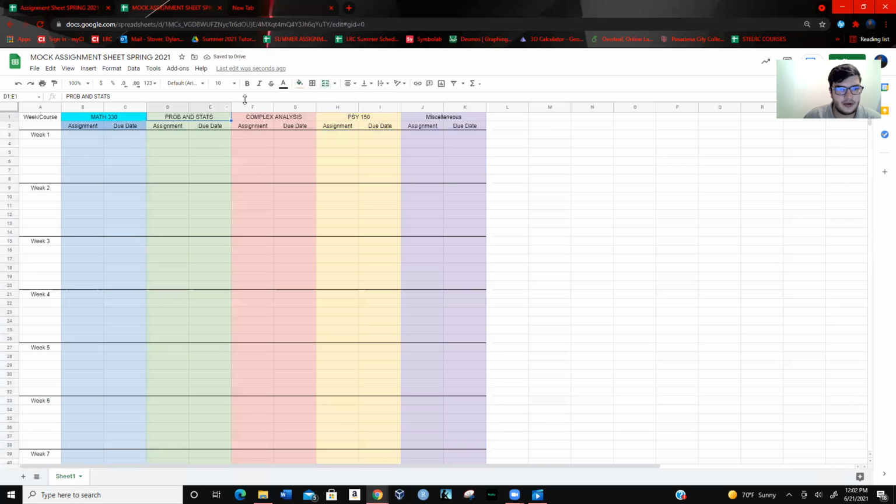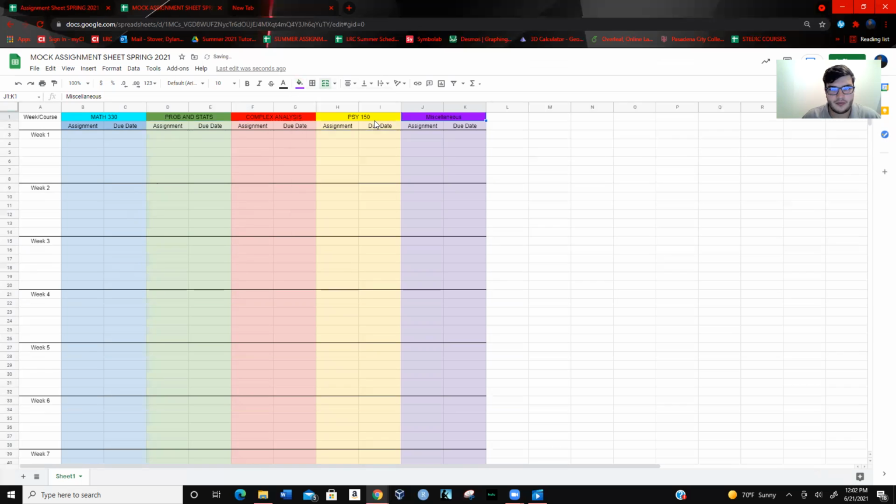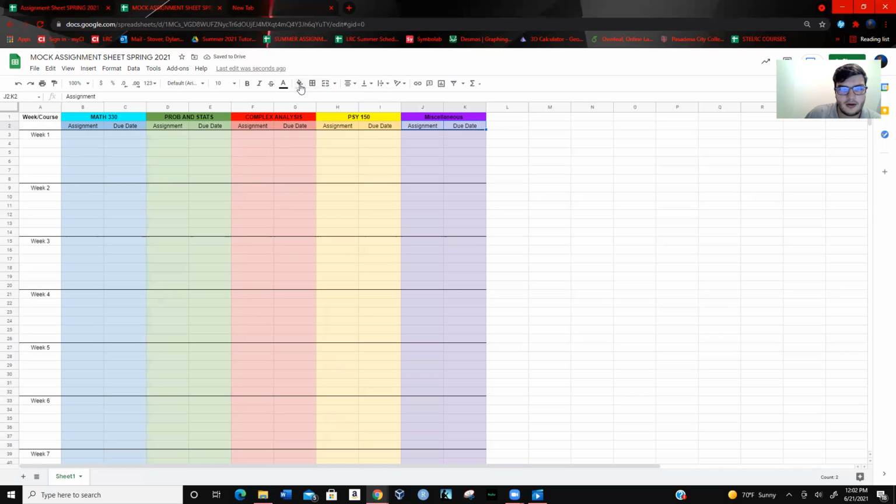And so then I'm going to do the darker colors for these, or darker, brighter, something that just stands out a little bit more. And then it's your choice whether you want to have these cells slightly darker. This is just what I like to do. It makes it stand out a bit more that you're having an assignment and a due date that day. And boom, so then you have an organized week by week color coded schedule of every assignment you're going to